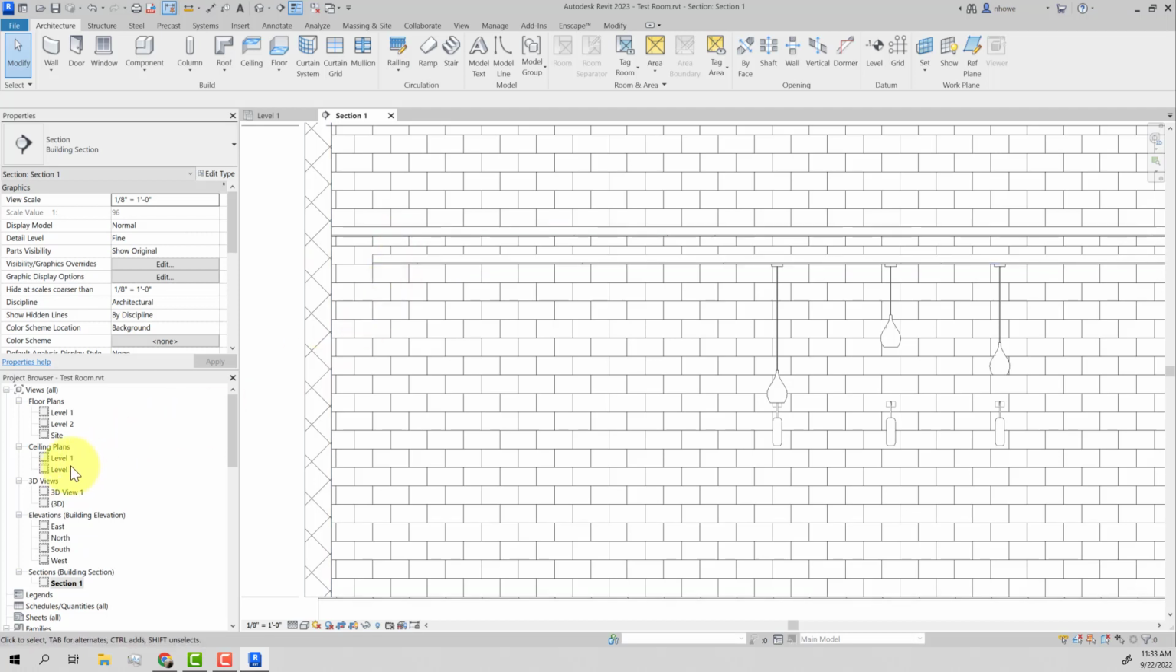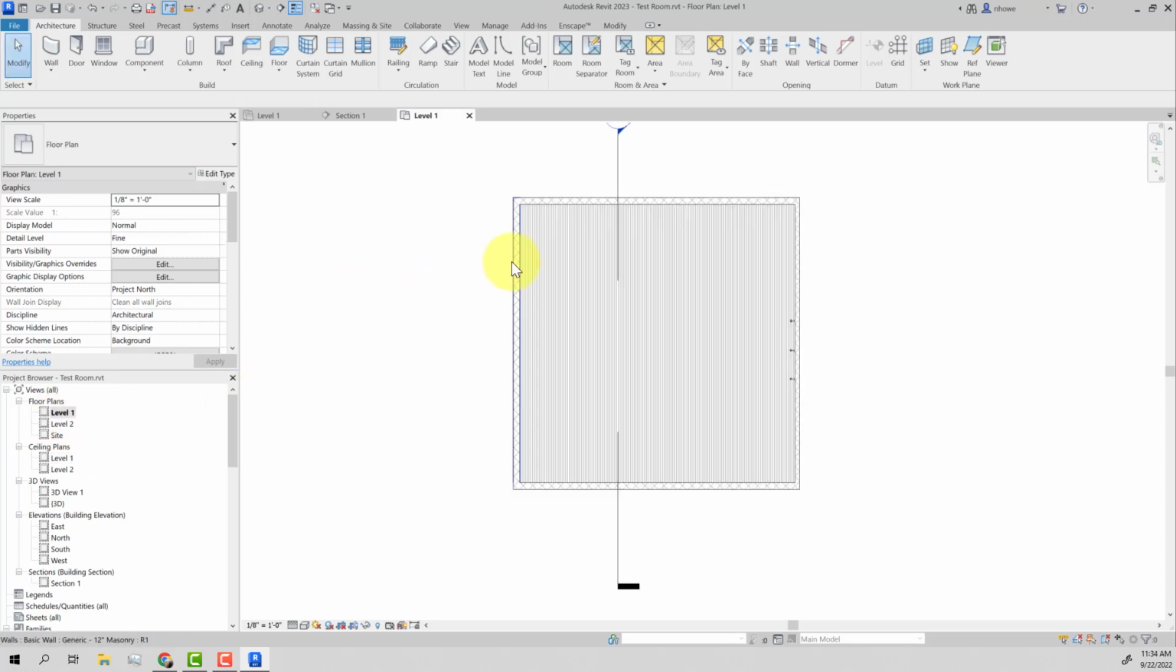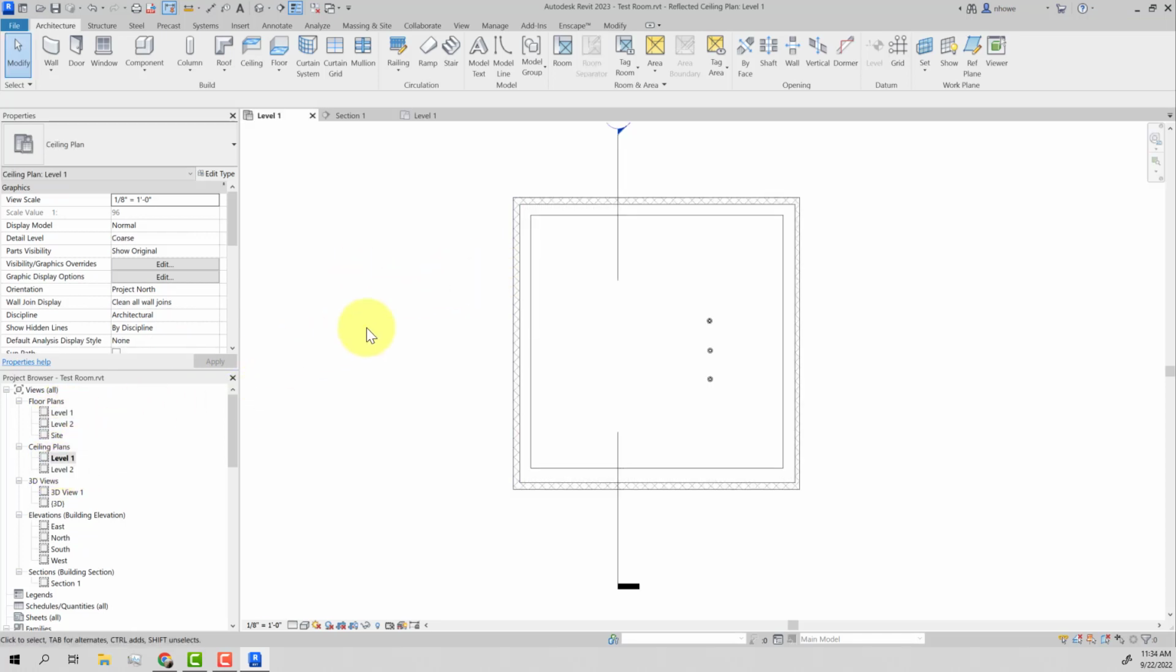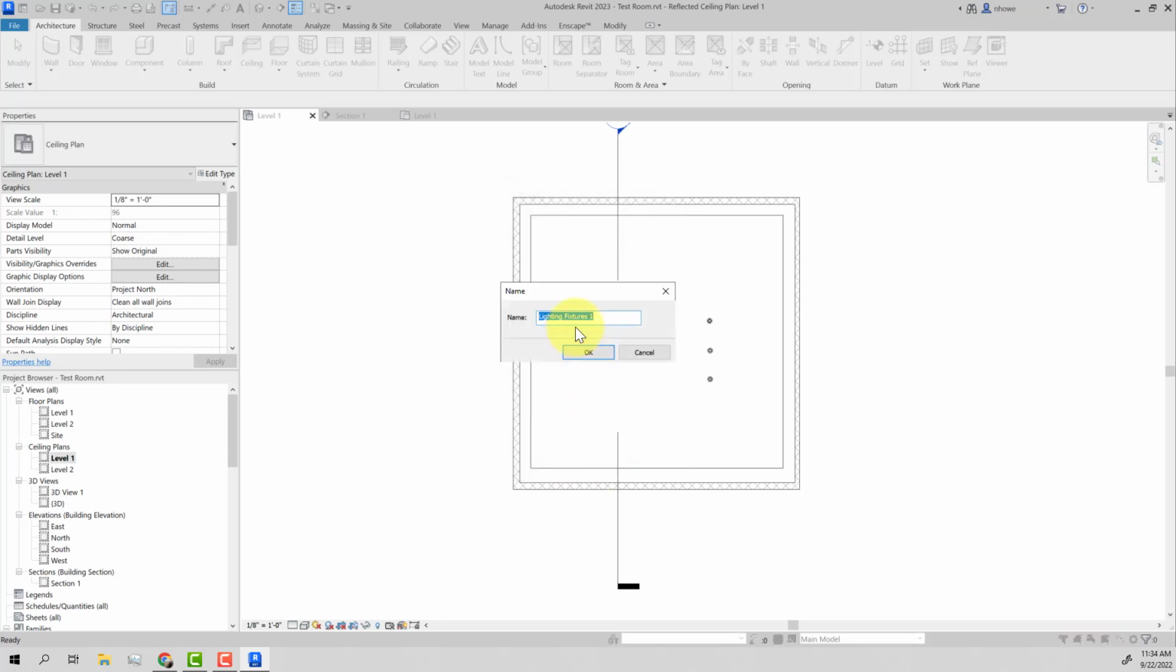Okay, so now go back into your plan. Actually, it doesn't matter what plan you're in. I'll stay in the ceiling plan. I'm going to extrude and create the fixture. So to do that, I think what I'm going to do is go ahead and model in place. I'm going to call this out as a light fixture, so it thinks of it as a light fixture. I'll say Cove Lighting,